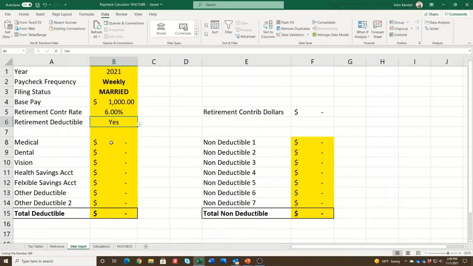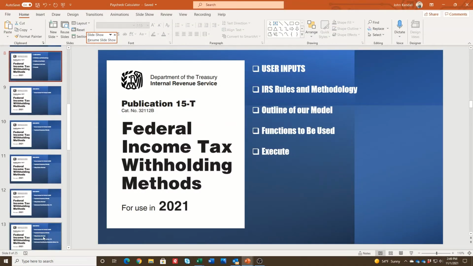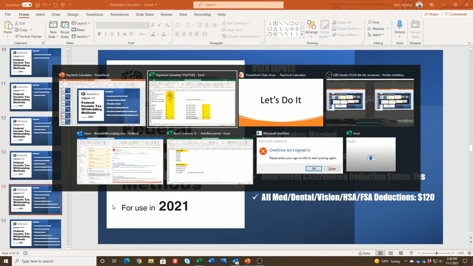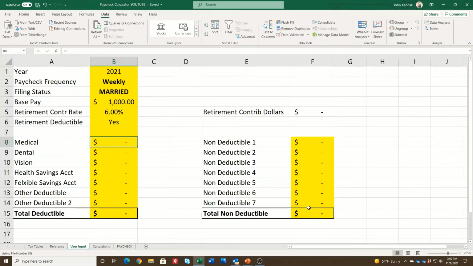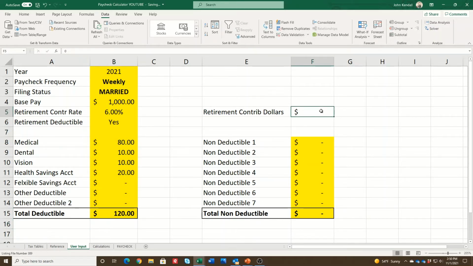All right, so we said that their medical, dental, and vision accounted for, what did we say here? I think it was 120. Yes, 120. I don't know what the breakdown is. I'll just put 80 here, 10 here, 10 here, so it's 100, and put 20 there. So this is a simple addition. You're adding up all the deductible insurances. This is simple math, but I'm going to hold off on that for a second